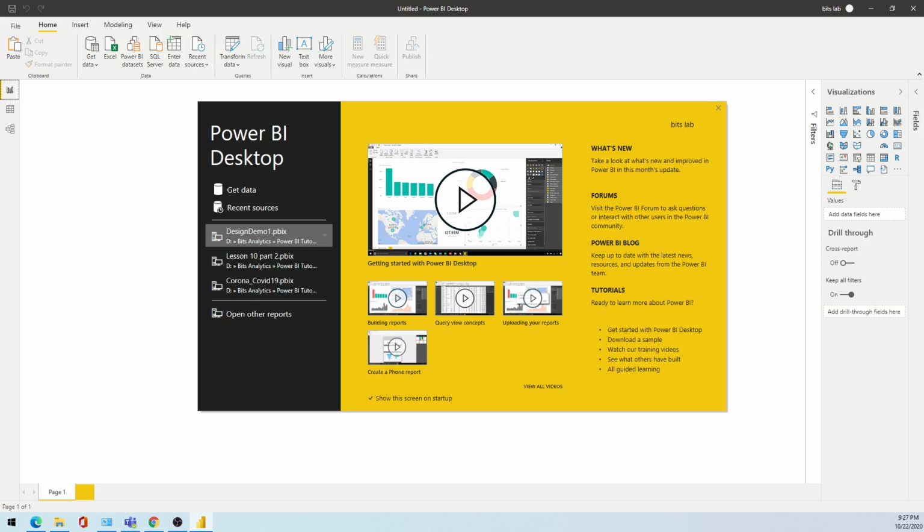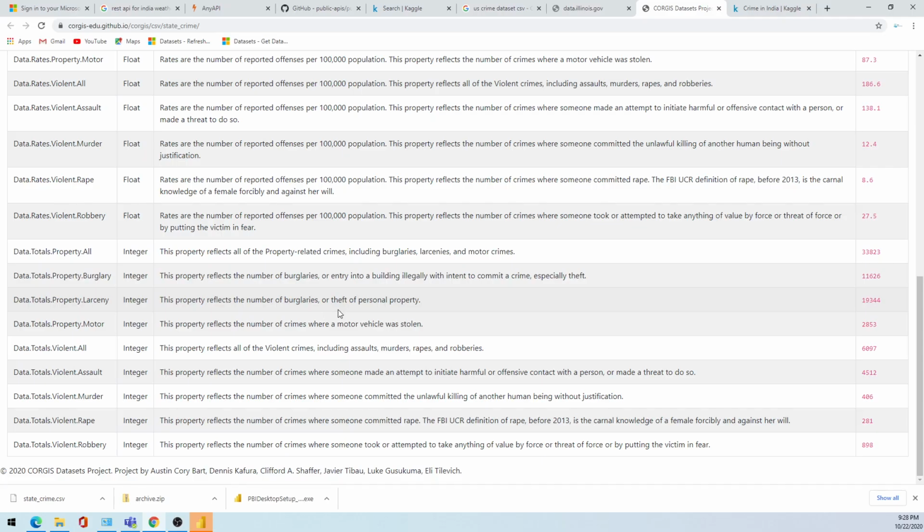It provides state, year and some metrics. So these are those metrics, and we will talk on two categories: violent and property. This property reflects the number of burglaries or the theft of personal property. So property is about personal property, and the violent is about